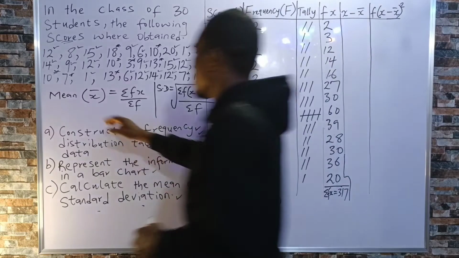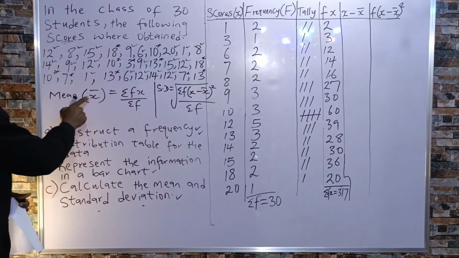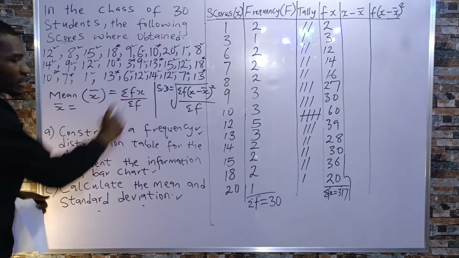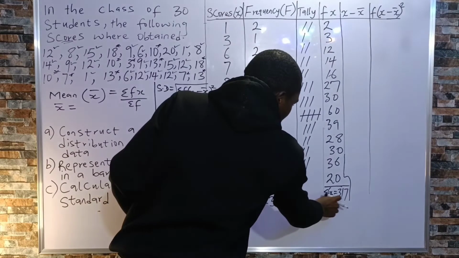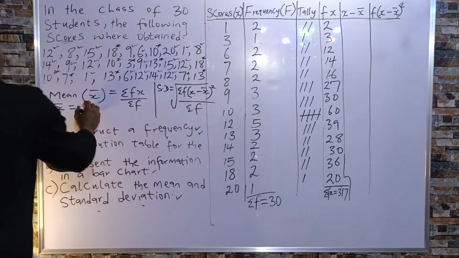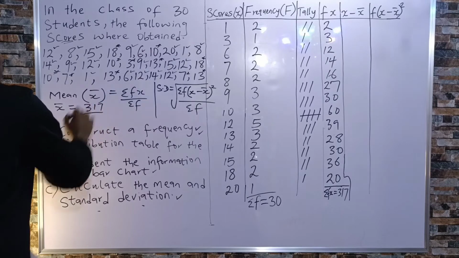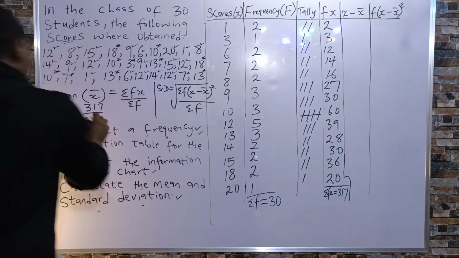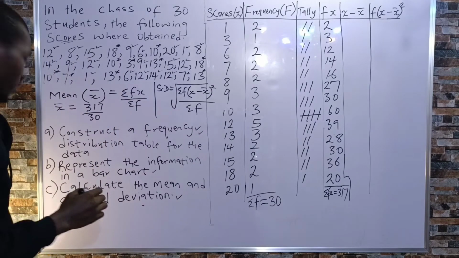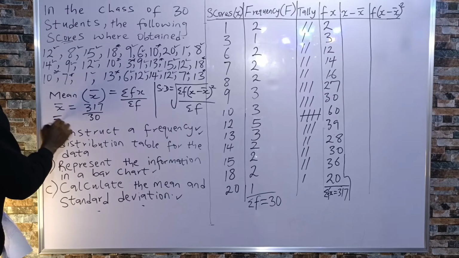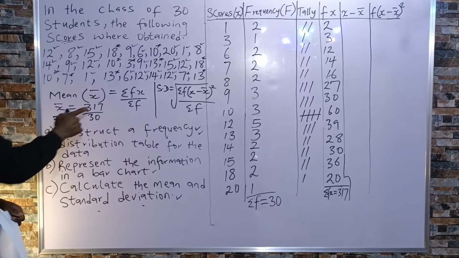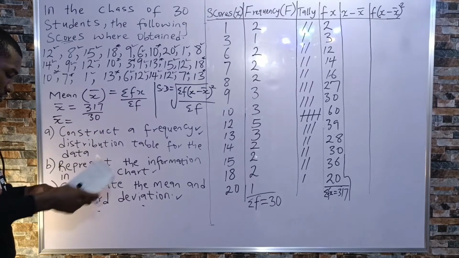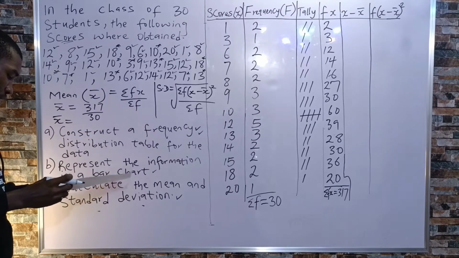We have that our mean, which is our bar x, is equal to summation of fx. We've summed our fx to be 317. So I have here 317. That is all over summation of f. I've also summed the f to have 30. So this is all over 30. Then with your calculator, our bar x will now give us, punching 317 divided by 30, I have the scores already here, so the value is 10 points